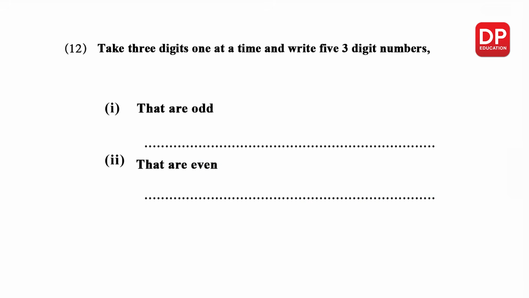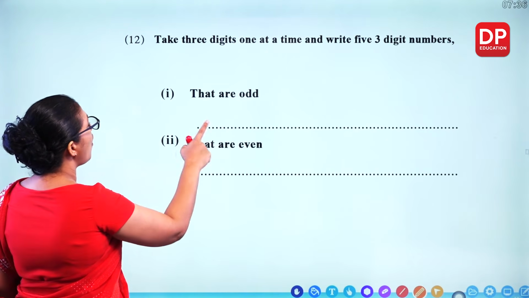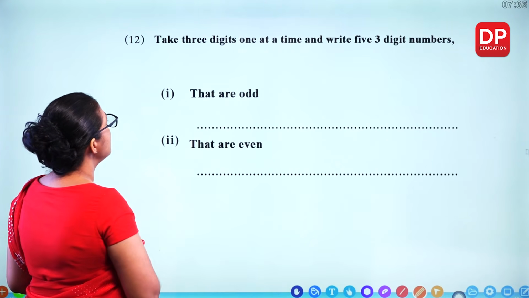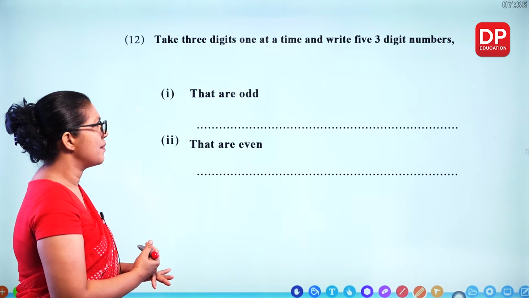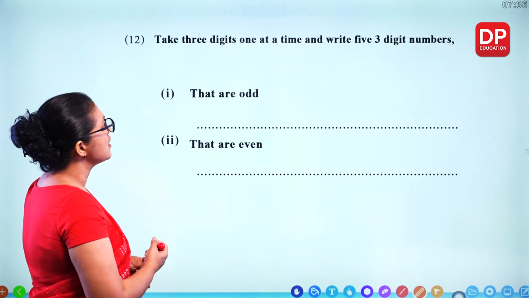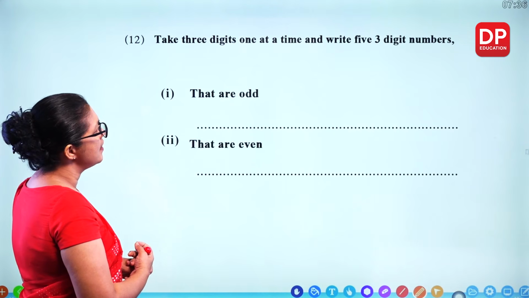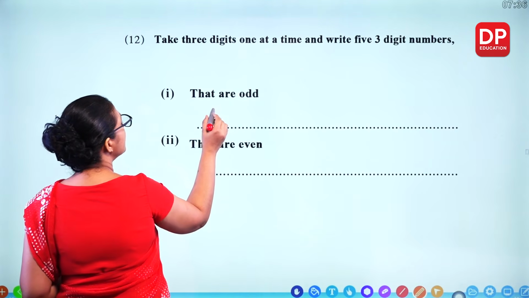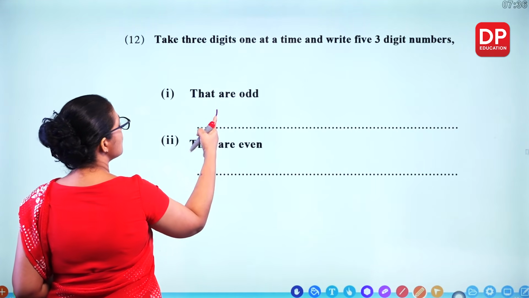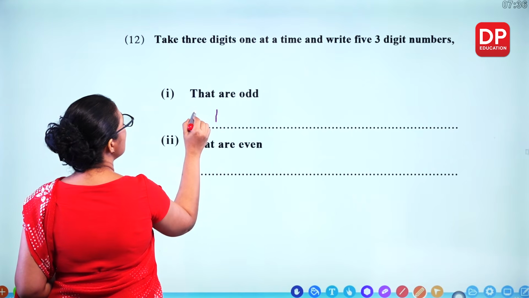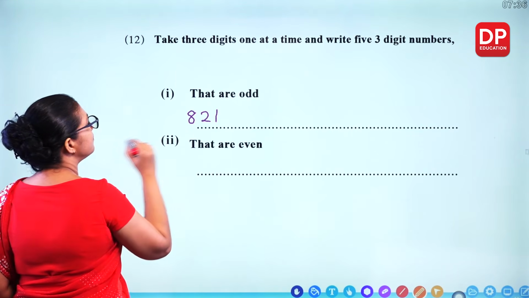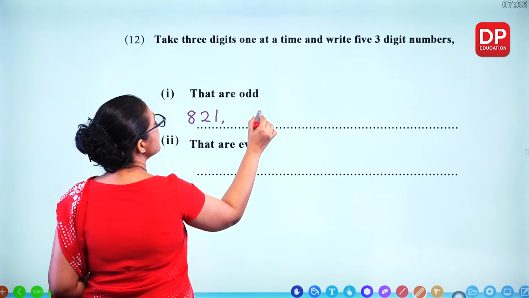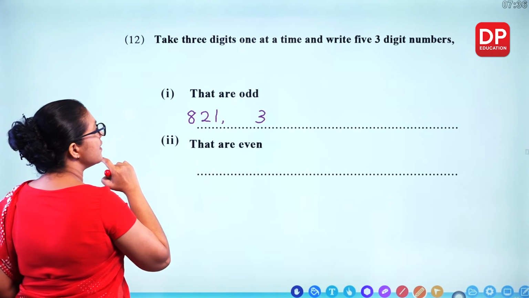Take 3 digits one at a time and write 5 3-digit numbers that are odd and that are even. Take 3 digits one at a time, so you can't repeat the same digit. And write 5 3-digit numbers. Odd. So you can start with last digit 1. So I can write any number, 821. Then I can put last digit 3,